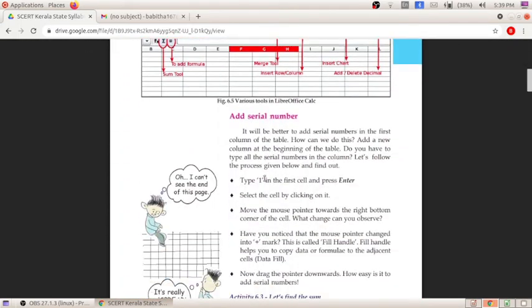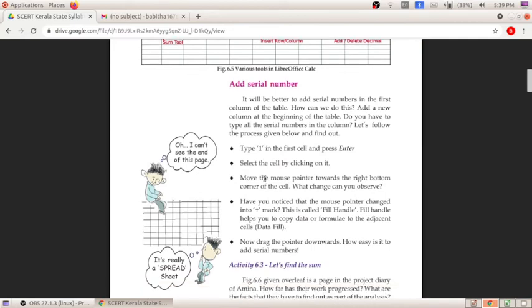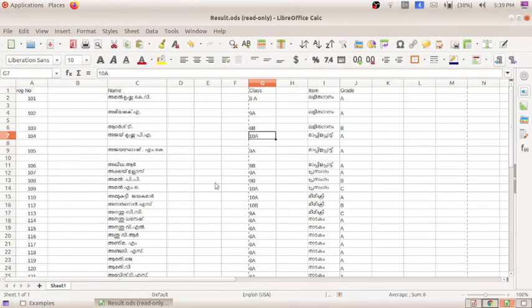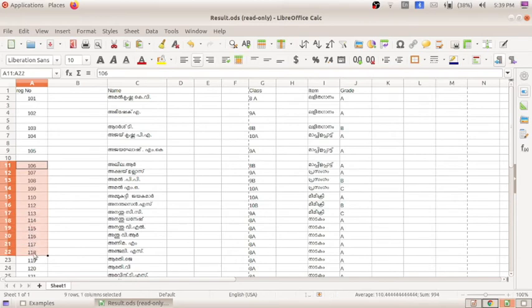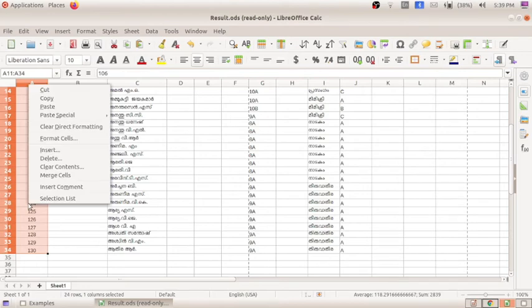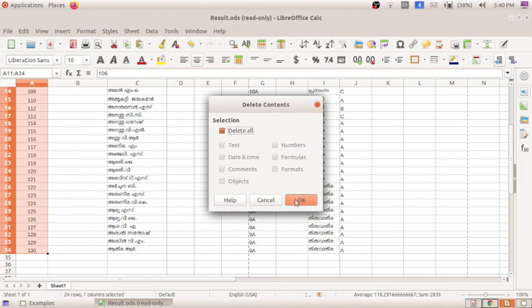So next is adding a serial number. If I want to add a serial number, that is possible. Yes, we can add the serial number. Suppose I am deleting this serial number. If I want to delete it, I will give delete, or I will give clear contents, click on OK.